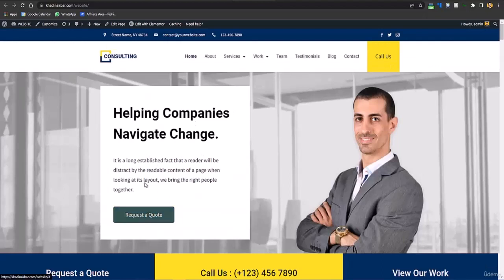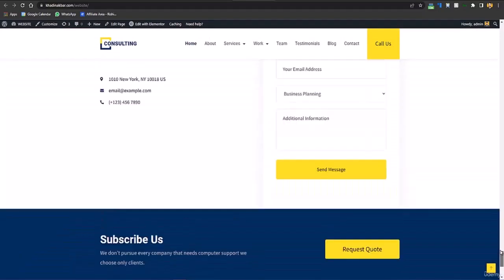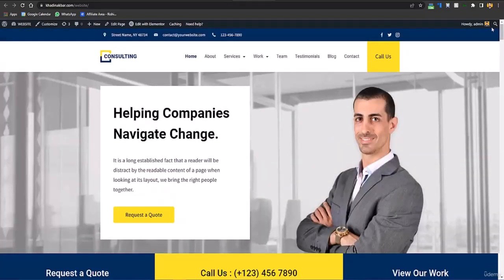Okay, and how to do that I'll tell you. First of all, we'll change this header, we'll change these social icons and all that. Then we'll change the footer, this button and all these, and then we'll change the inside pages. Okay, so first of all, to change the header and footer, what you would have to do is you just